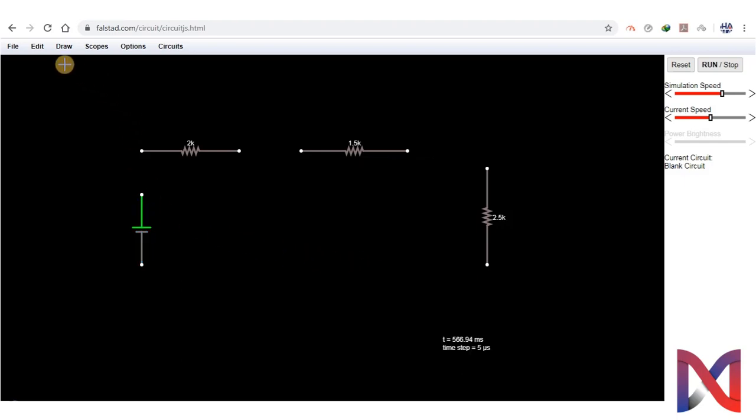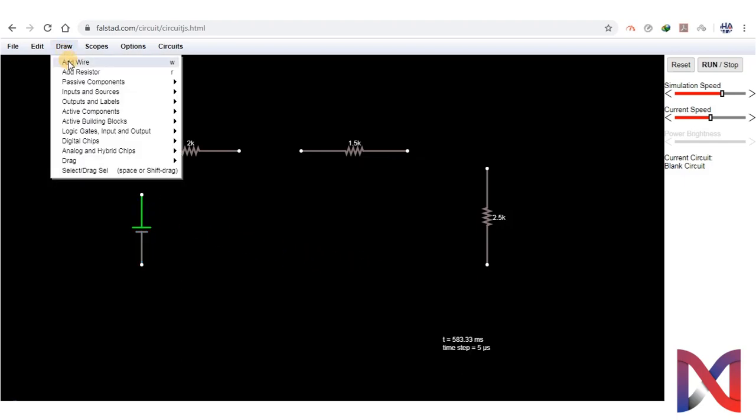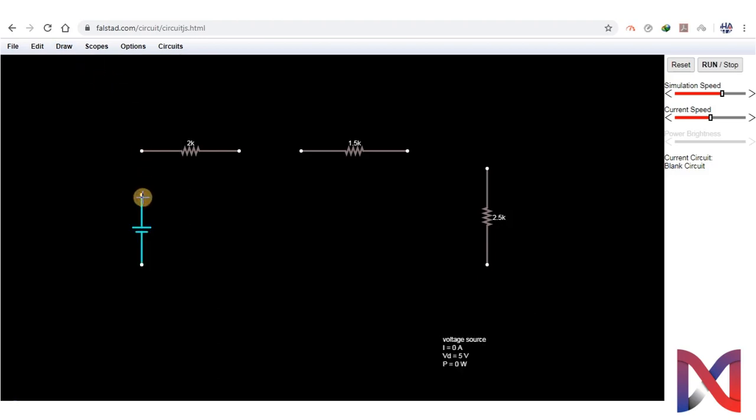Now how can we connect this circuit? Obviously by adding a wire. Clicking and then placing will let us connect the wires. You can see that as I connect the components, a green line is extending. The green line is basically the flow of voltage. I will connect the entire circuit now.